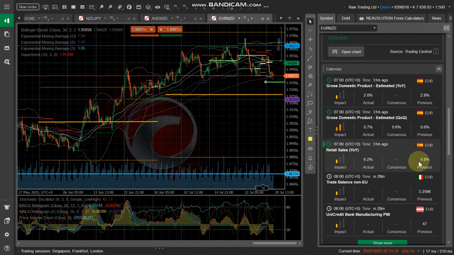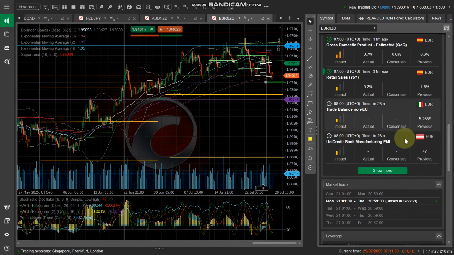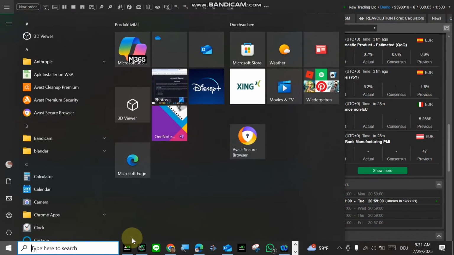Okay, the next one is announcing Euro, but it's not yet coming. It's not yet announcing. So the next news will be good trade balance in about 4 hours, 5 hours from now. So no news on investing.com, which we can go to check it as well. Okay,